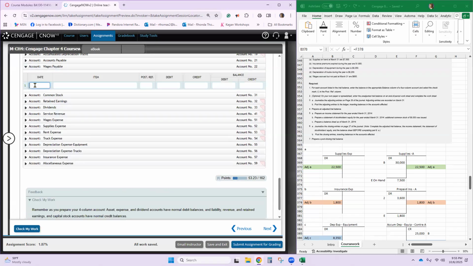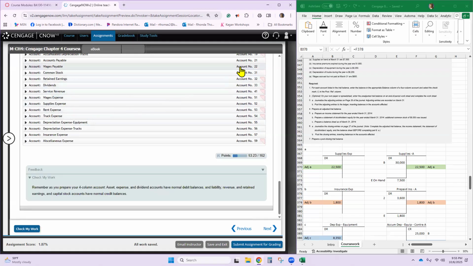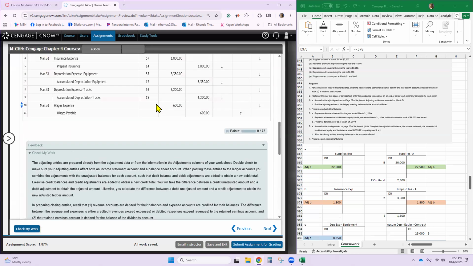It's the credit of March 31st, page 26. We are going to put a credit in of 600, and it didn't have a balance. So we close it, and now we post. For wages payable is 22, and wages expense is 51. So we want 51 on the first line and 22.